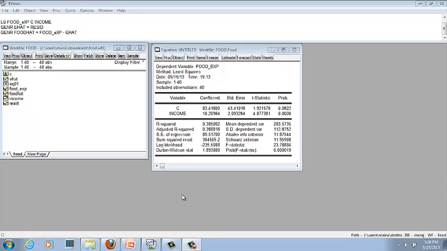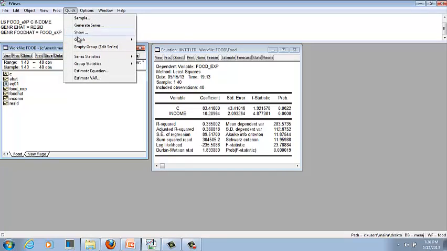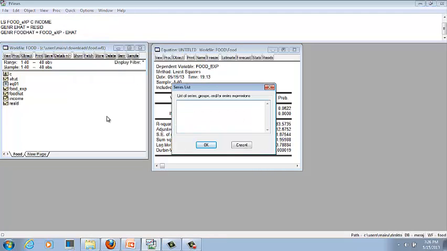Now we are going to generate our graph. So just go to quick, graph and scatter. Here we give the variables on which we need the graph. The first one is income and EHAT.